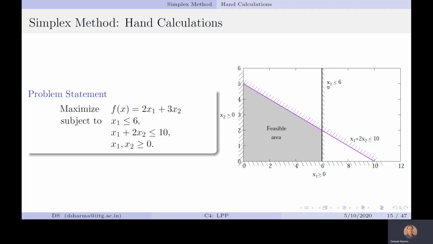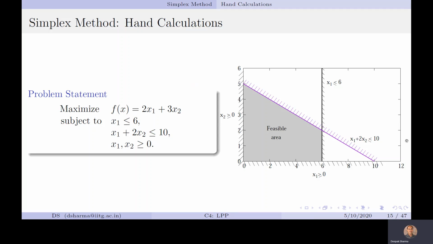Now here you can see the vertical line x1 equals 6 is the first constraint, and the left part of this particular constraint is feasible. How will we find it? Let us take the origin. At the origin, the values of x1 and x2 are both 0. If I put x1 equal to 0 in this constraint, it says that 0 is smaller than 6. Yes. So this means that the direction of the feasible area is from this line towards the